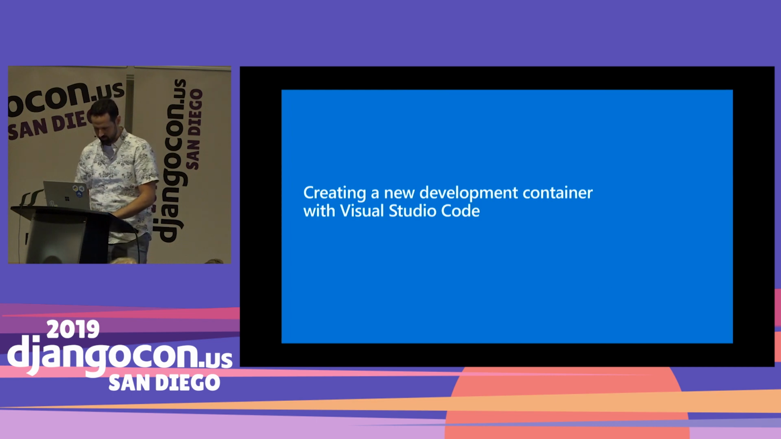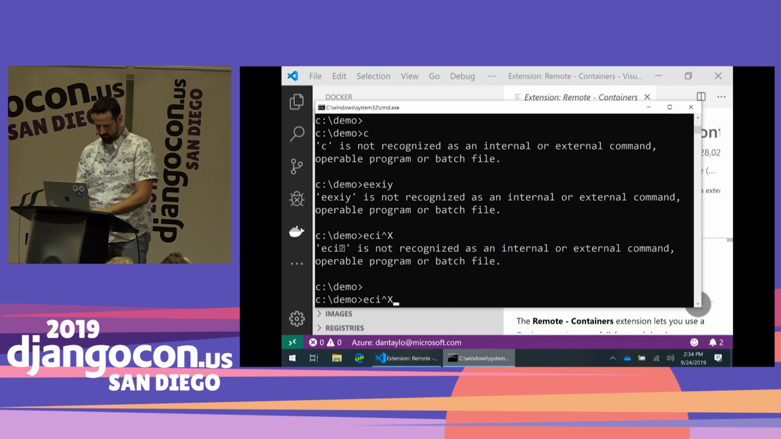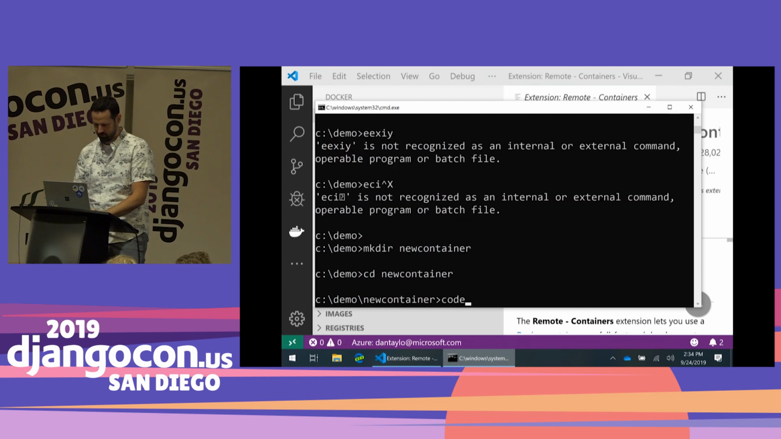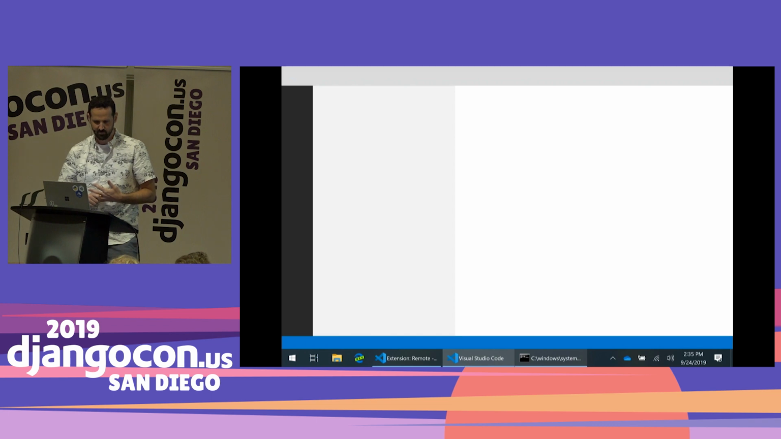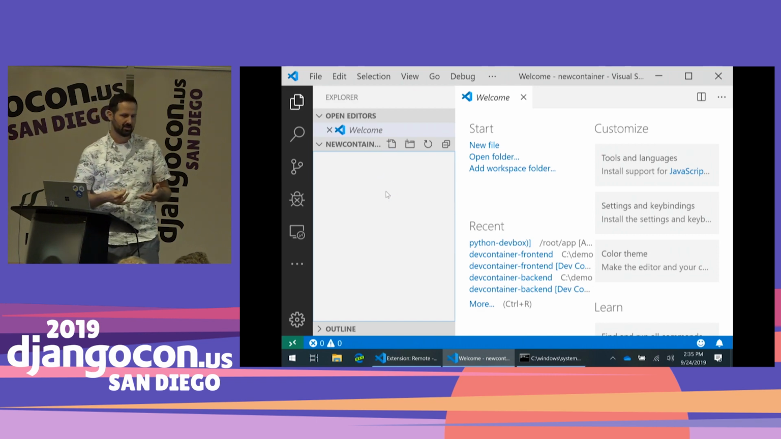So let me just go back here. To do this, I'll close out this container, and I'll make a new container folder. And what I like to do is run code dot from the command line to open this folder up. It just runs VS Code in the current location. So now I'm in this new container folder, and to create a new development container, I'm going to run a